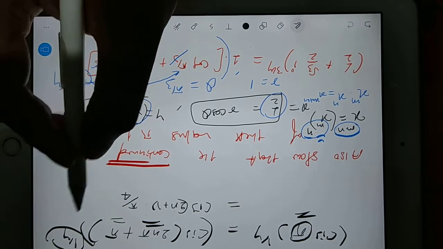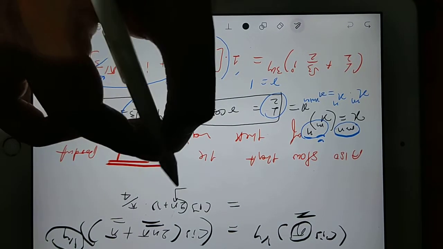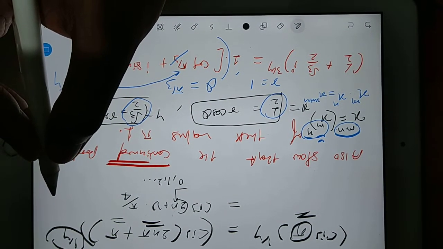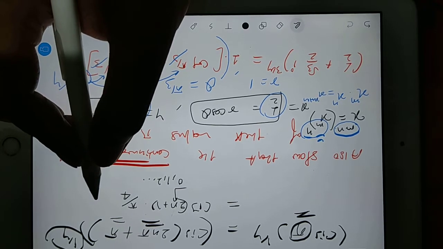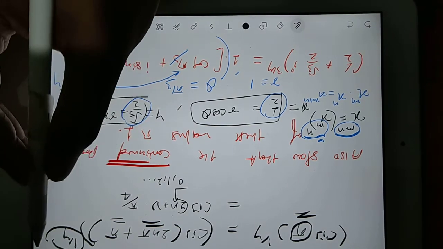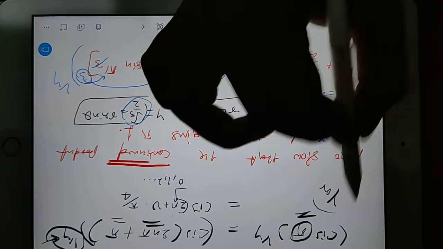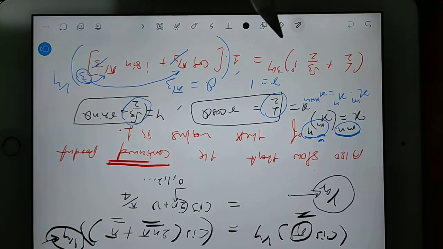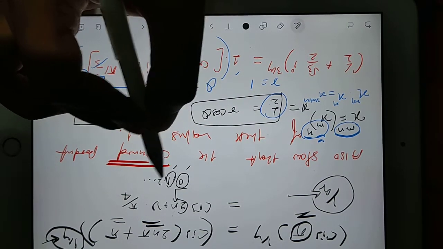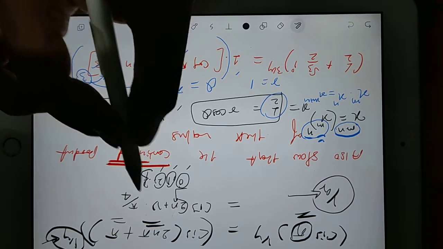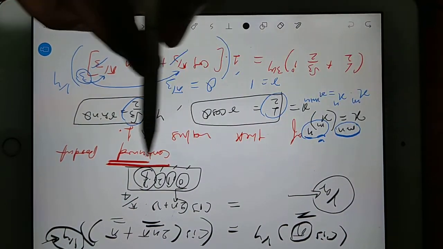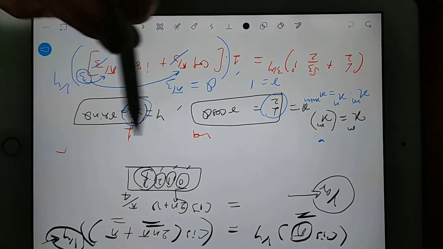Clear? And this n value will be 0, 1, 2, 3, 4 like that. The question is, how many times do we have to consider n? This time n will go only 4 times. Why 4 times? Because here we have 4. I told you, 1 by q means only q times. So here we have 4, so only 4 times. That means you will go 0, that is the first time, then 1, that is second, then 2, that is third time, then 3. So in total you will go 4 times for this n. I am erasing this.